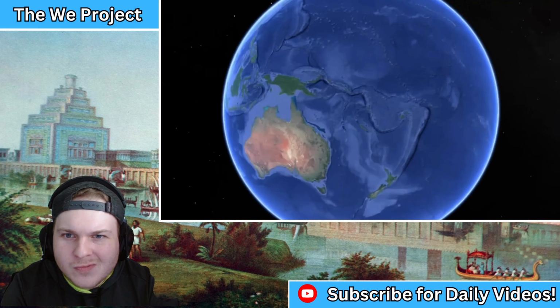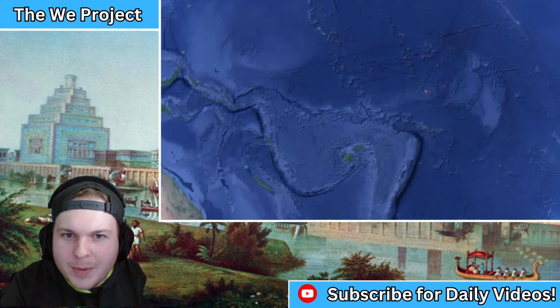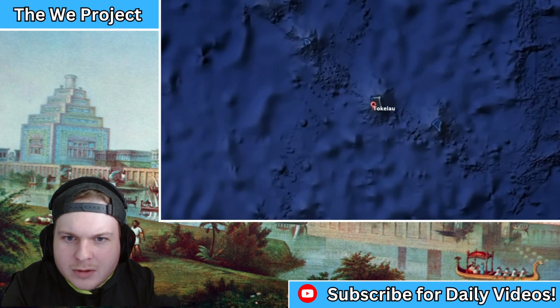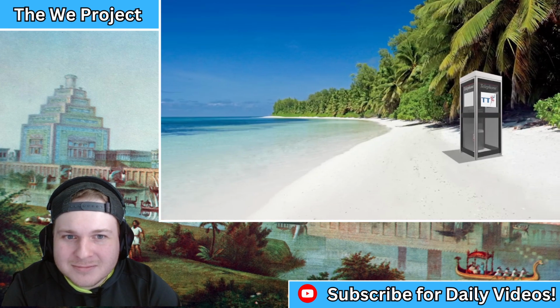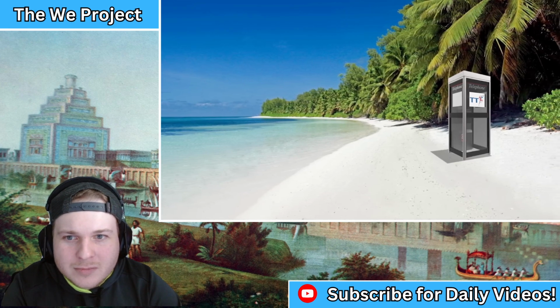Tokelau. Never heard of it. Neither have I. Neither have you. Tokelau is a minuscule island chain in the Pacific with a total area of 4 square miles, a fifth the size of Torquay. It's not even a country, but a territory of New Zealand, and the CIA says it has the smallest economy in the world. It's so remote that it was the last place on Earth to be connected to the telephone, in 1997. So why does this place have more domains under management than anywhere else?